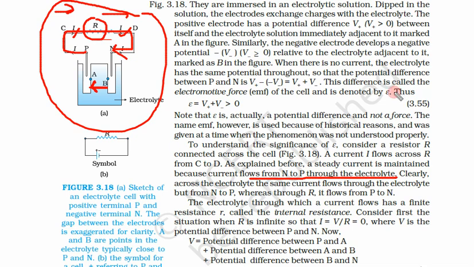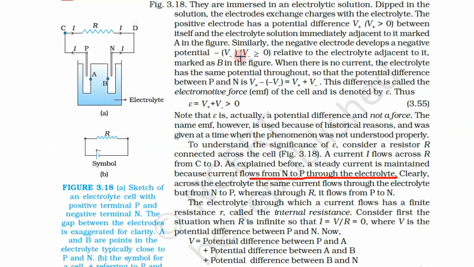So we were seeing the working of a battery or a cell. It has a positive electrode, a negative electrode and an electrolytic solution. When a resistor is connected, current goes from the positive electrode to the negative electrode through this resistor. But one thing I mentioned is that if the current is going outside from the positive electrode to the negative electrode,